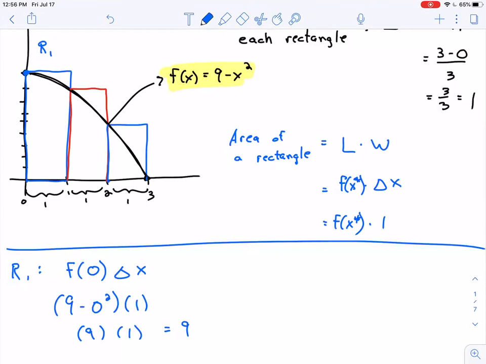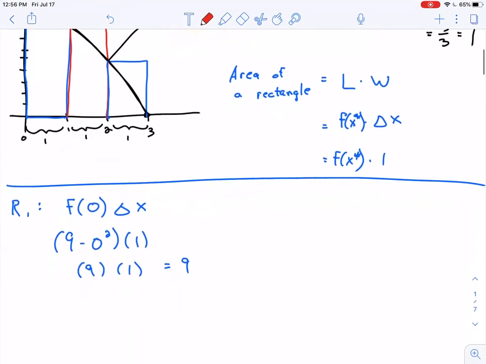So there's the area of the first rectangle. And I'm going to repeat this process 2 more times. Now I need to find the area of rectangle 2. The area of rectangle 2, again, is just length times width. So if I want to talk about rectangle 2,